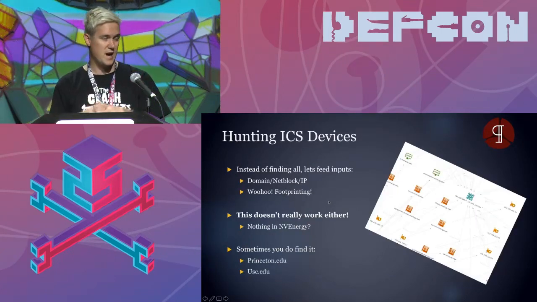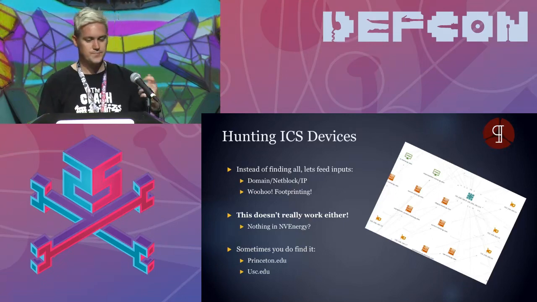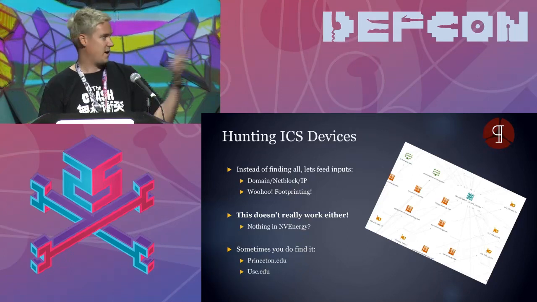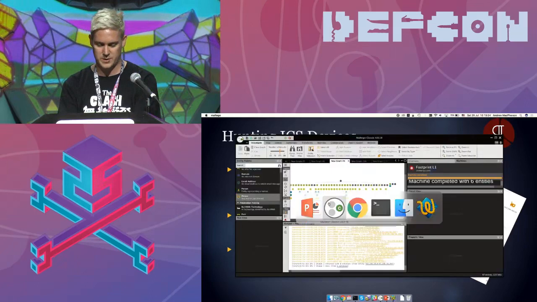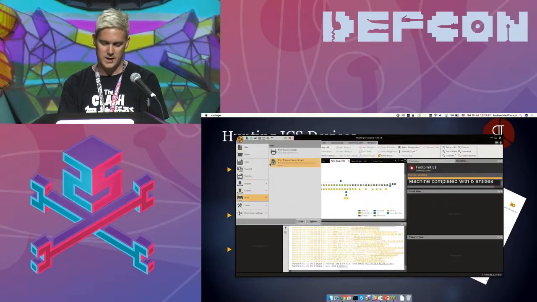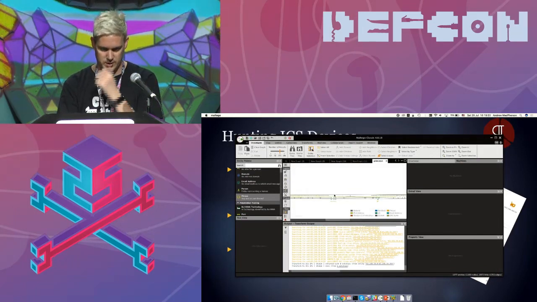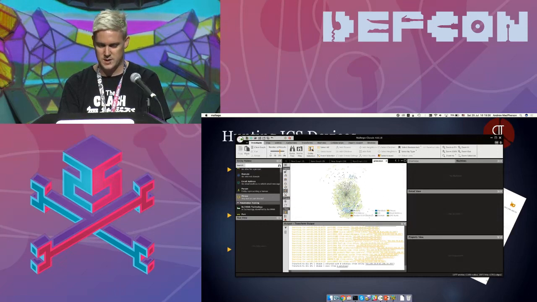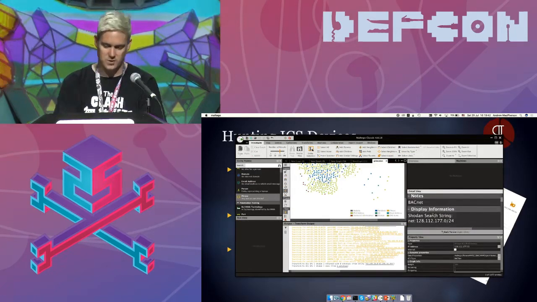The only thing that's nice about it is that I can start with footprinting information, and I can say, cool, I can go from the domain or the network or the IP address, and I can use that and apply it. It does work sometimes. I did some other footprints when I was playing around with it, and if you take basically any university, their footprint is slightly larger if you look at it on scale, but I can find a bunch of different ICS devices from Shodan on there, and I can go and look at them, and you'll see that those are really nicely done.